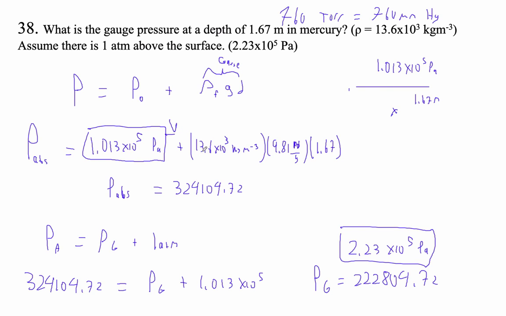So I'm just going to do this single calculation, 13.6 E3 times 9.81 times 1.67. And indeed, I get this number right away. I don't have to get the number, then convert it to gauge pressure. But anyway, if you do enough of these problems, you'll see that